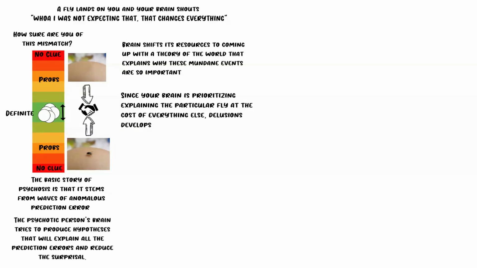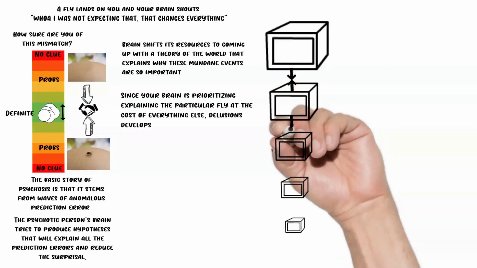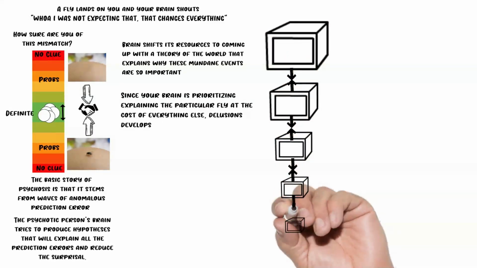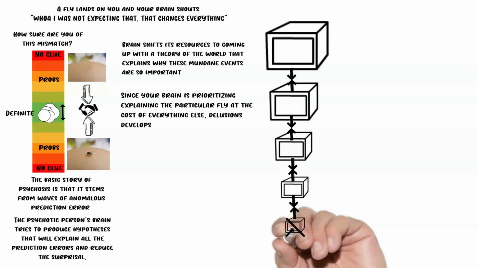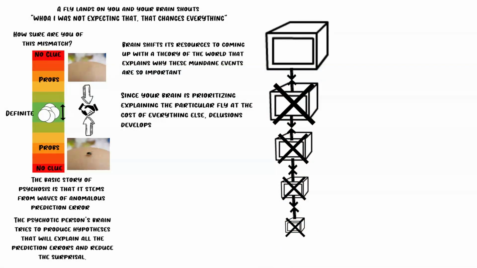So as a psychotic person encounters more and more strange things, they almost rationally alter their higher-level beliefs further and further. And the more aberrant events that they're forced to explain, the more they abandon their sane views about the world, which are now doing a very bad job at predicting all these strange things that are happening to them, and they start to adopt psychotic views. And if you take a person who's schizophrenic, so they're in psychosis for a long period of time, they're going to need to develop a set of beliefs that must account for a great deal of strange and completely weird